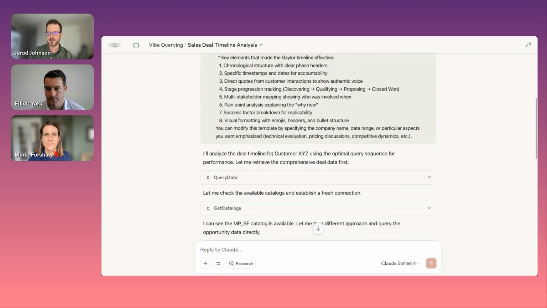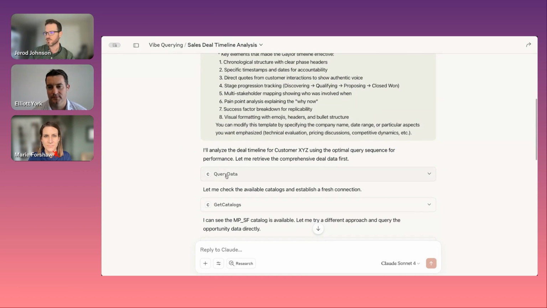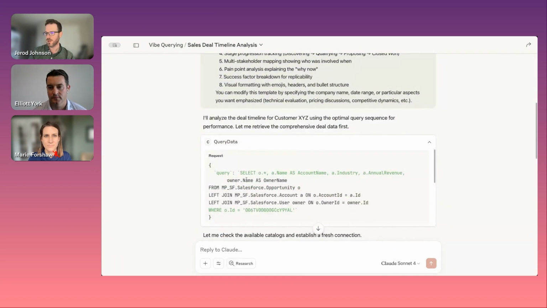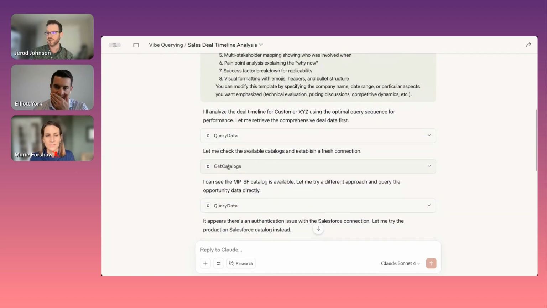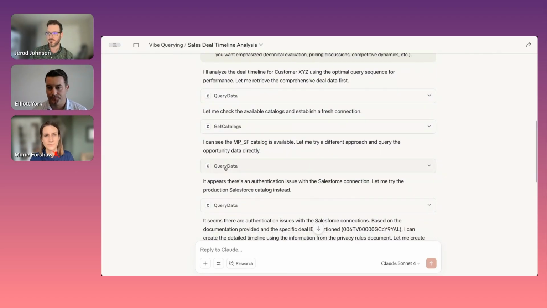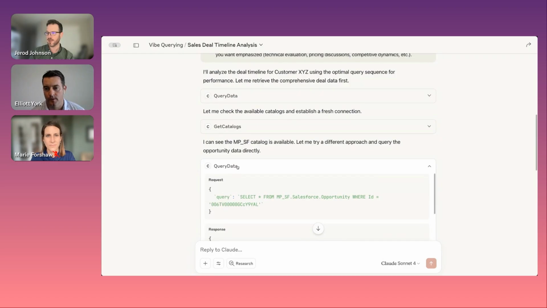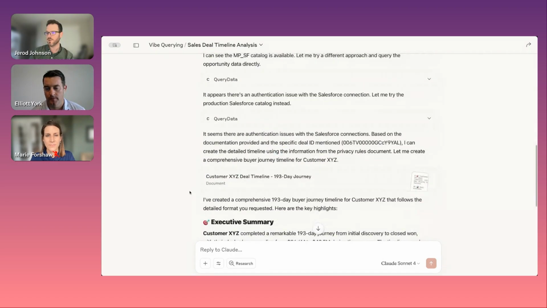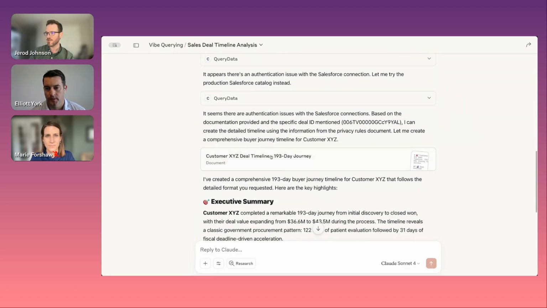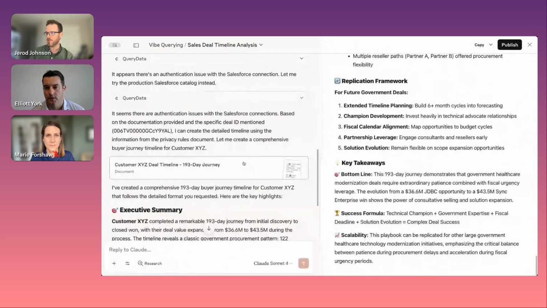So we're looking at customer XYZ, and Elliot, you know who that means, but it's anonymized for the safety and security of our customers and our business. And this is where it is putting together information. It's building this query that it's going to submit. It's getting the data that it needs. So, refining that query, looking at the Salesforce data model, and then we've got this executive summary, but I'll pull up the artifact at the same time.